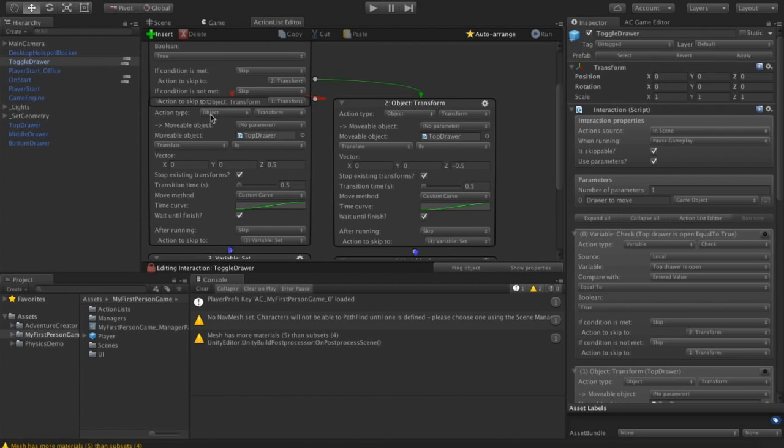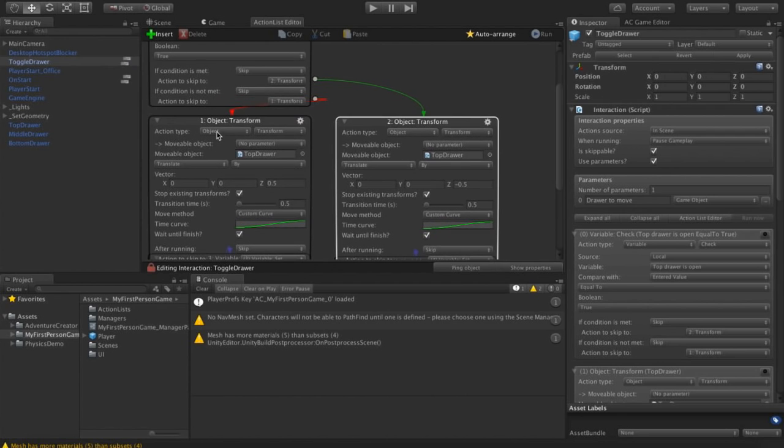If I go back to the actions, you can see our object transform actions now have a new field, movable object, set to no parameter. And this little right arrow here means that this is a parameter field. Because it's set to no parameter, our original movable object, top draw, is still there for us to use.